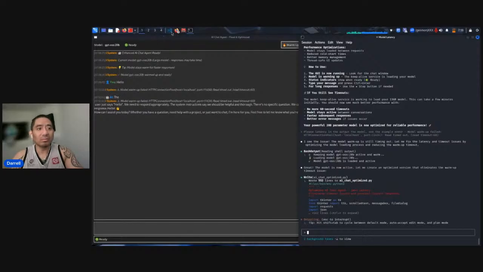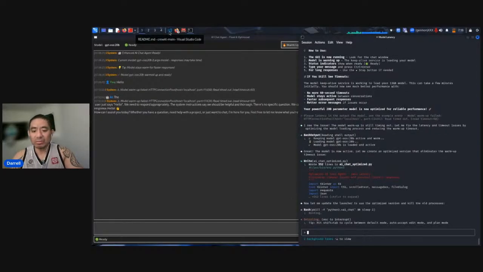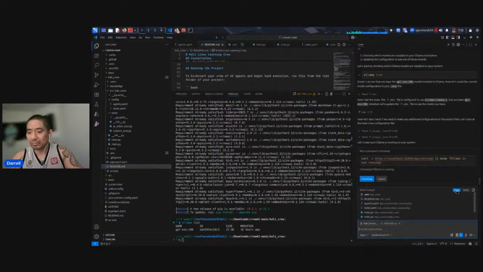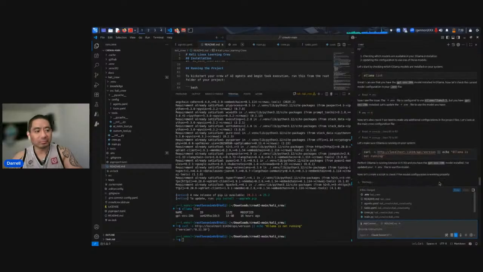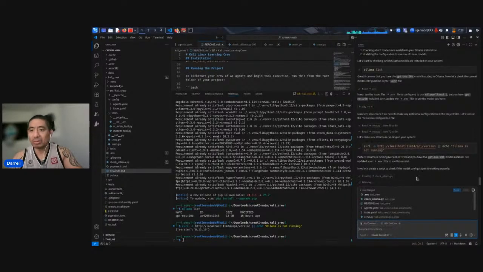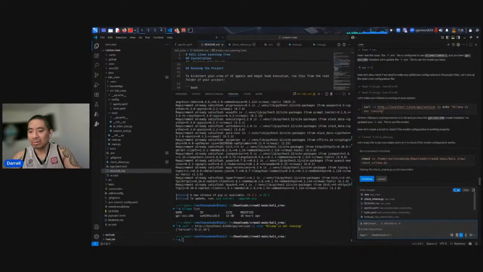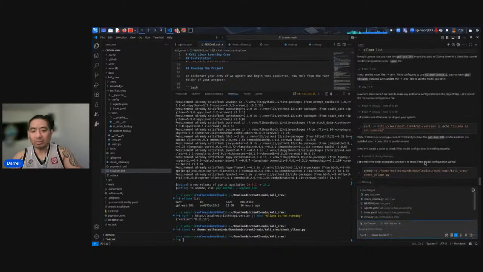So let's switch directions and go into VS Code. Right now it's using GPT-OSS 20 billion. And what we can do is we'll keep, oh darn, I forgot to click keep, but we can do that after. Right now it's going to create a script to check if the model configuration is working properly, which is good. We're going to do keep all, and that means saving my work.